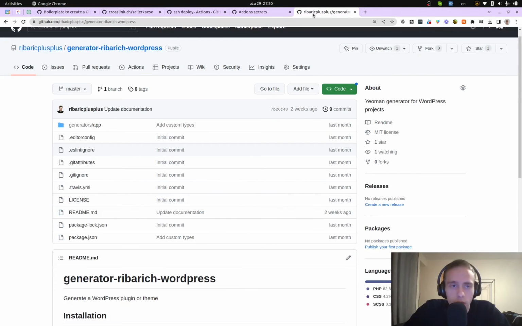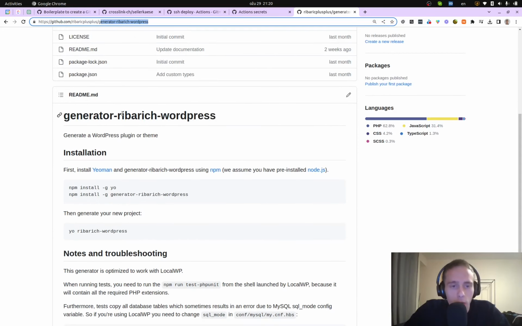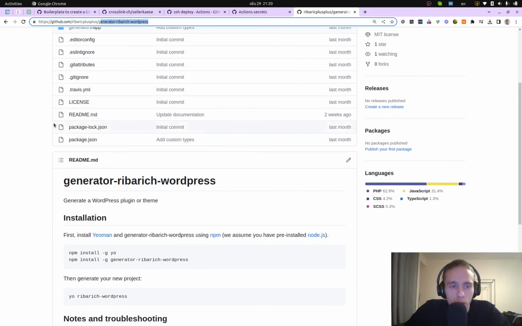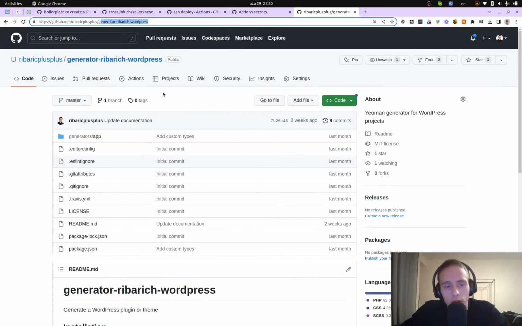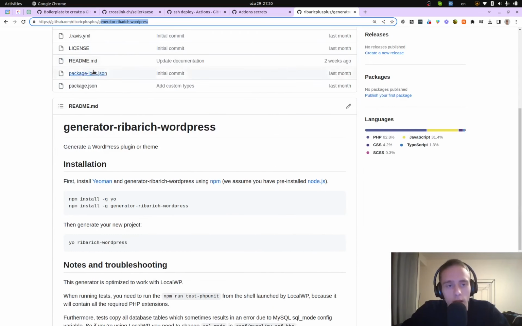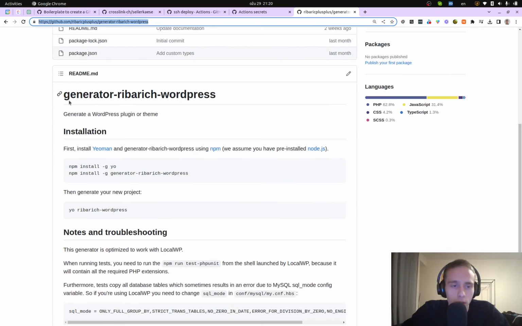So there is this tool called Generator Leverage WordPress, which scaffolds a modern WordPress project, including all of the scripts that are necessary to package your files into a zip and prepare them to be deployed upstream. I will leave the link to this generator in the video description, and the README contains instructions for how to